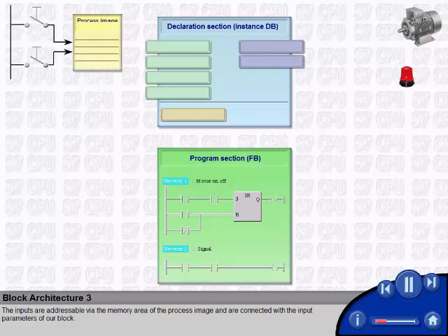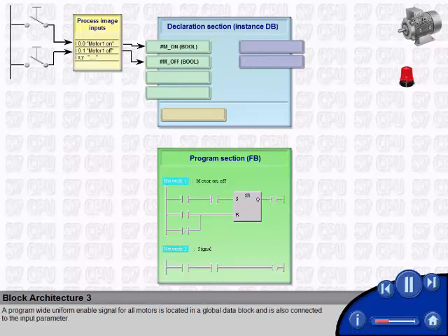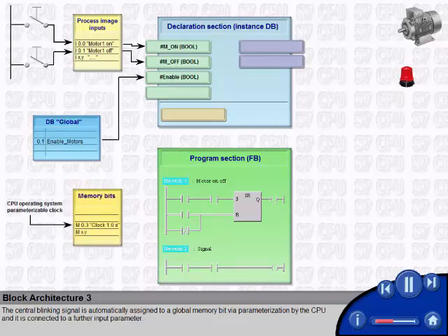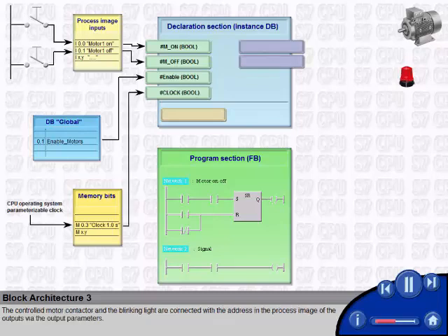The inputs are addressable via the memory area of the process image and are connected with the input parameters of our block. A program-wide uniform enable signal for all motors is located in a global data block and is also connected to the input parameter. The central blinking signal is automatically assigned to a global memory bit via parameterization by the CPU, and it is connected to a further input parameter. The controlled motor contactor and the blinking light are connected with the address in the process image of the outputs